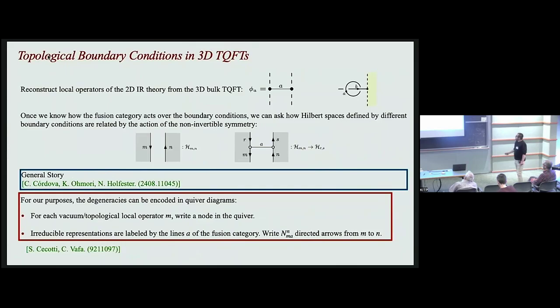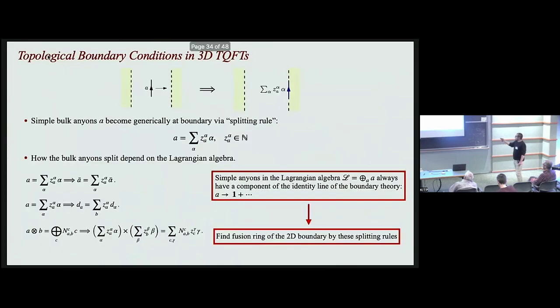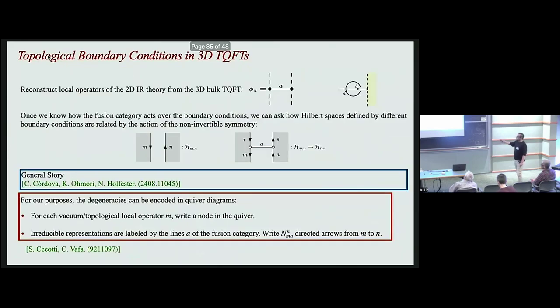Now, having found the fusion category, the fusion ring, we can also talk about local operators. And the topological local operators, by the state operator correspondence, are basically like every local operator will give you one of the vacuum states. So from that observation, we can basically see how fusion categories will act over the vacuum of the theory.